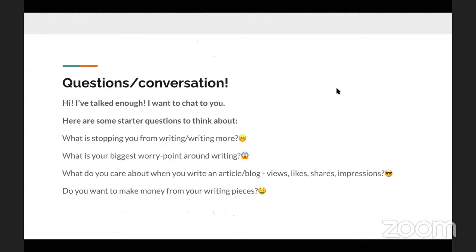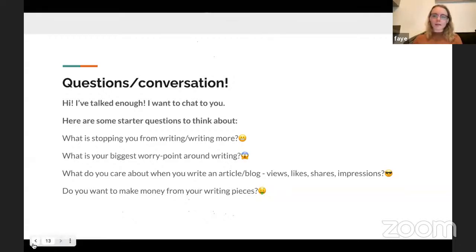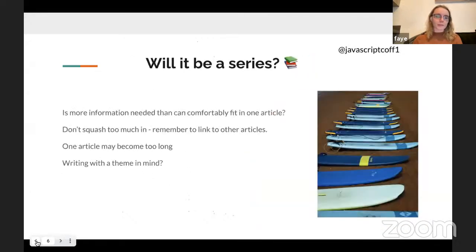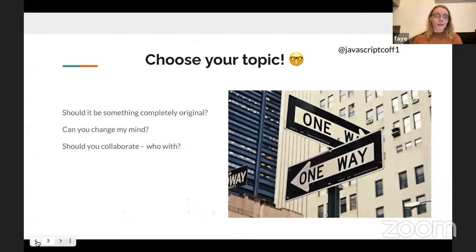We have somebody asking whether their article should be completely original or whether they could duplicate something. Okay, I think I saw that. That's fine, let me go back to remind myself. Because, like I said, I'm not an expert in anything, and slideshows especially. Here we go. So, should it be something completely original?